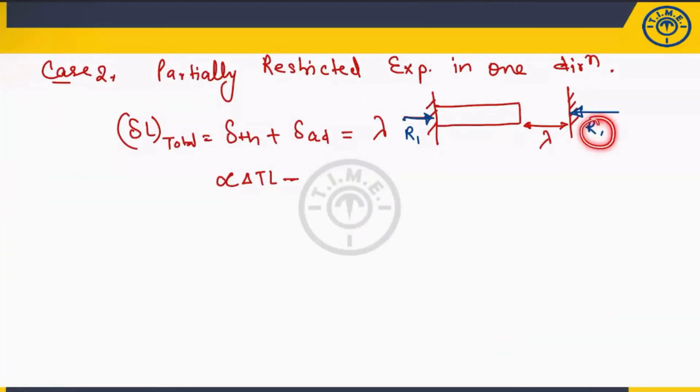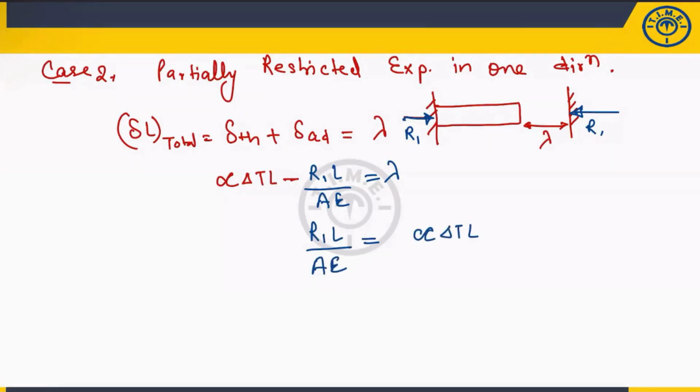So in this reaction, can I write R1 into L divided by AE is equal to lambda? Can I calculate the R1 value from here, or directly you can calculate the stress. So R1 into L divided by AE is equal to alpha delta T L minus lambda. Okay, so what is the R1 value? Alpha delta T L minus lambda divided by L